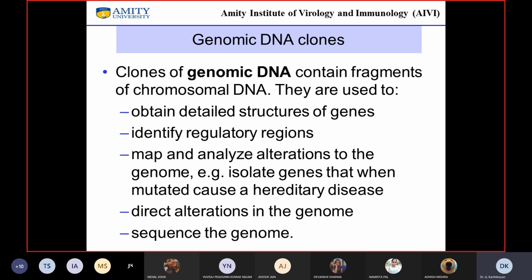For example, this is what is being done when people go for gene therapy. It is still in the experimental realm. It has not come into the clinic, but it is likely to come into the clinic in about a decade or maybe less than a decade, right? It was attempted in the late 80s.